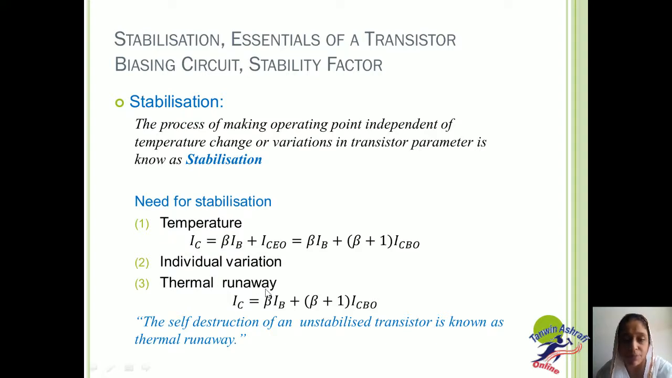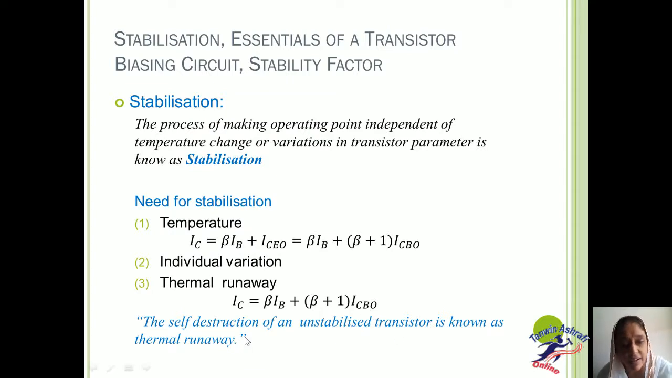Third, thermal runaway. The collector current IC, as we have seen above, is beta times IB plus (beta plus 1) times the leakage current in the reverse biased collector to base junction, that is ICBO. The collector leakage current ICBO strongly depends upon the temperature. The flow of the collector current produces heat within the transistor. This raises the transistor temperature. If no stabilization is done, the leakage current ICBO also increases, and that results in self-destruction. The self-destruction of an unstabilized transistor is known as